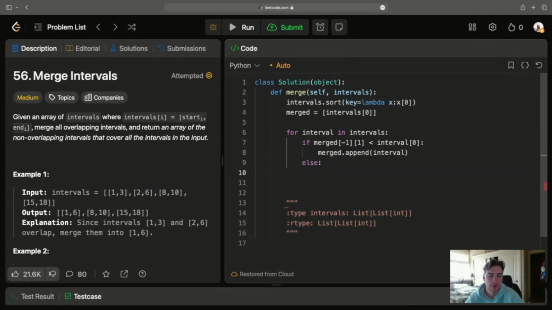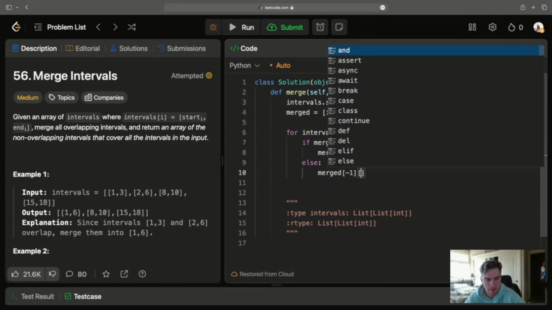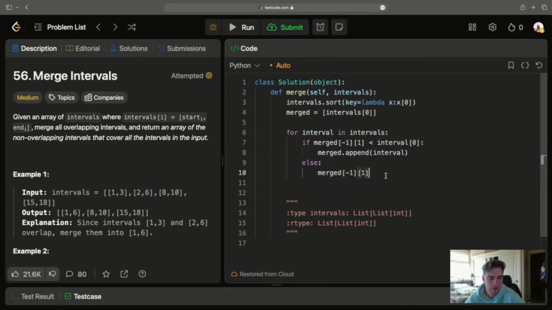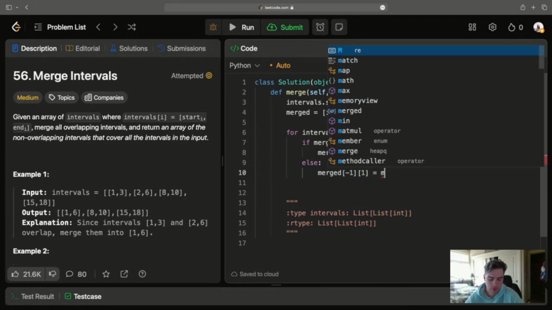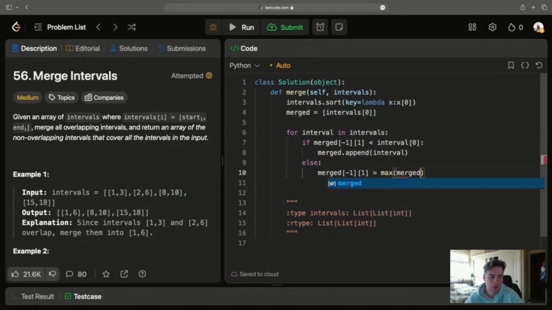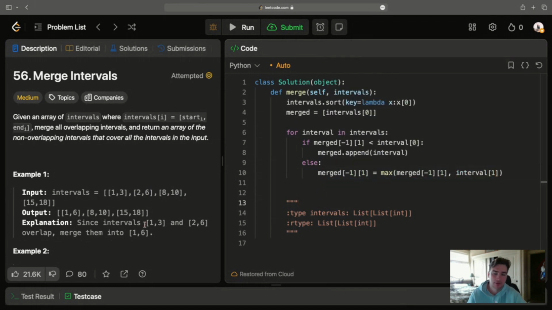We will say merged[-1][1], same thing, second value, is going to be equal to the max of merged[-1][1] and interval[1]. Because if we find that, let's say for this example here, this is obviously greater, so we need to merge these two,